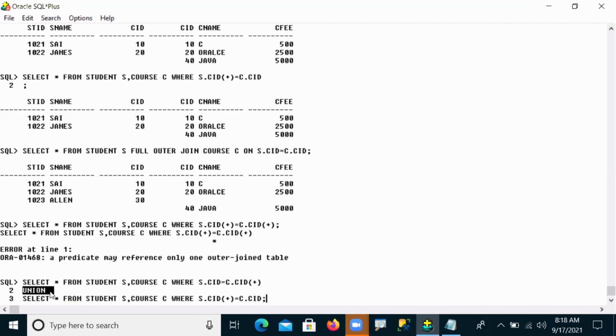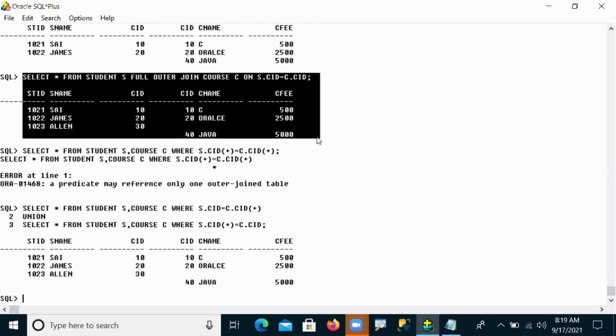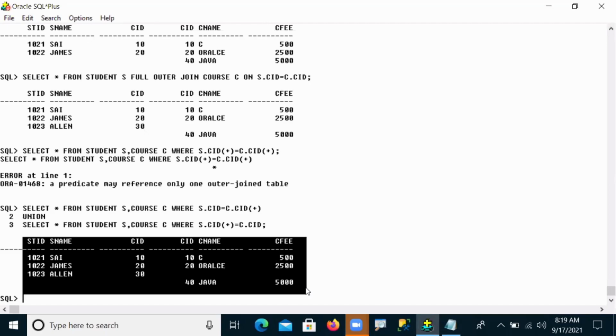So now we can see I'm executing. Using the union operator, I implemented the non-ANSI format of a full outer join. The same as the full outer join ANSI format output came, the same here also we got the full outer join in non-ANSI format.